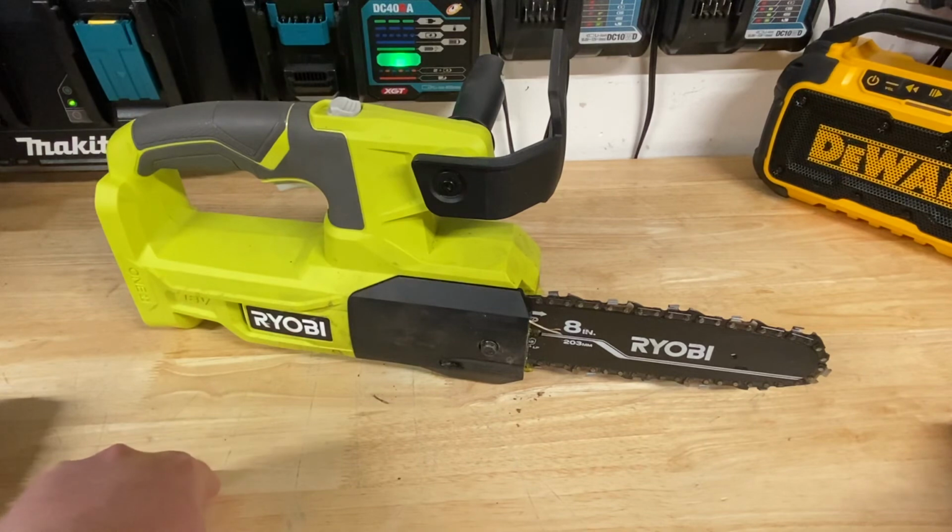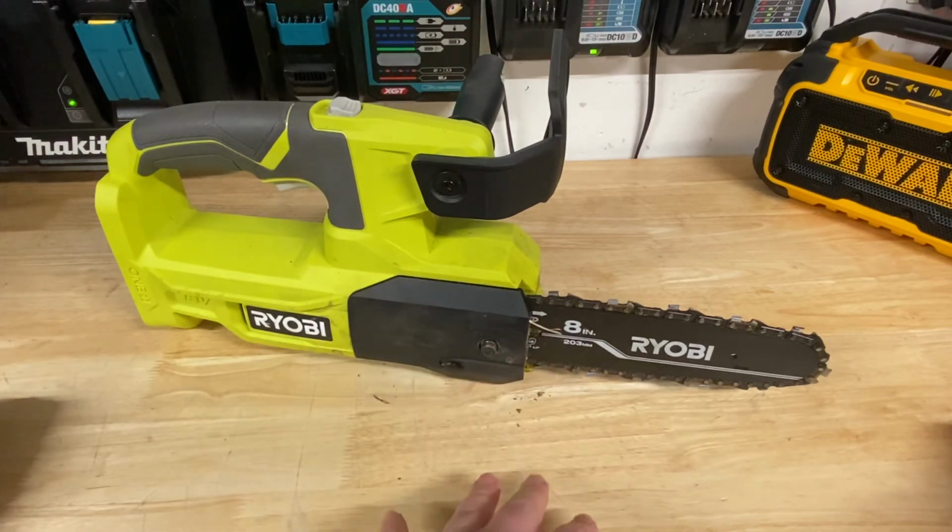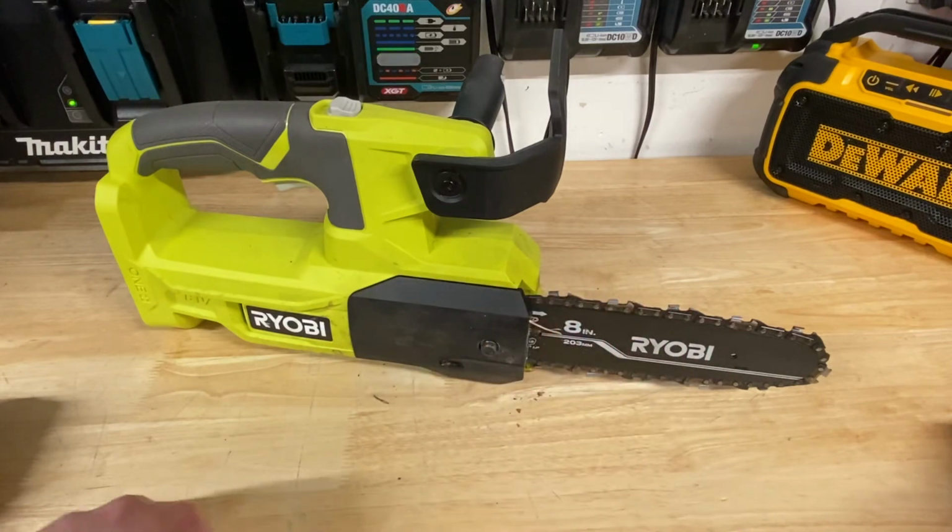But other than that, this is definitely a nice go-to chainsaw. Don't need to worry about oiling the chain. Of course, I would say still oil the chain yourself here and there. But don't need to worry about throwing it in your truck. Don't need to worry about it leaking oil all over the place. And other than that,